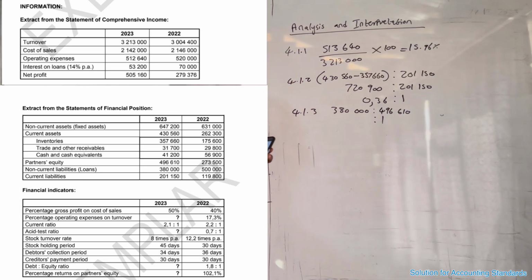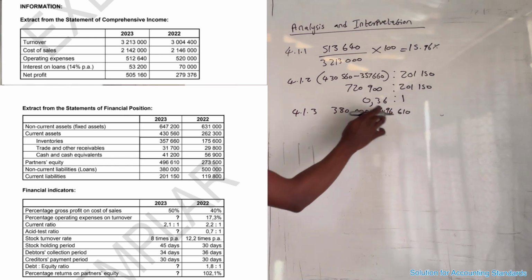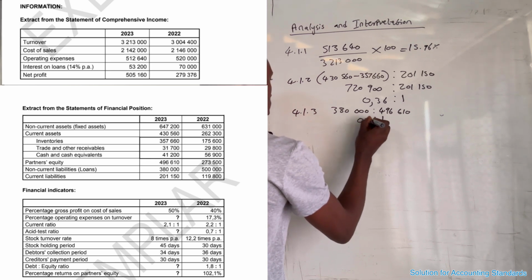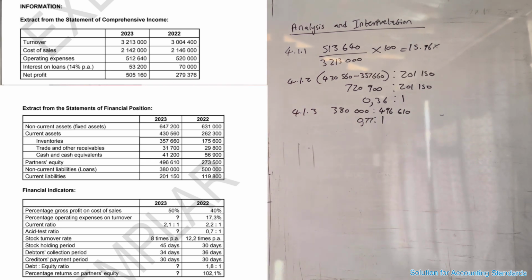Okay, this side is always 1, and when you say this one divided by this one, it's going to give you 0.77. Okay, now let's proceed. Okay, the next one is